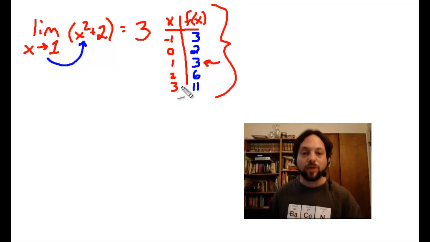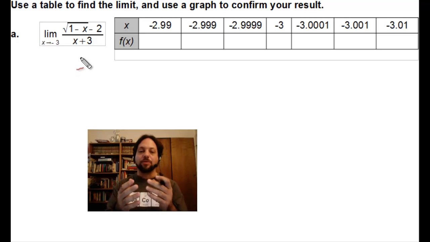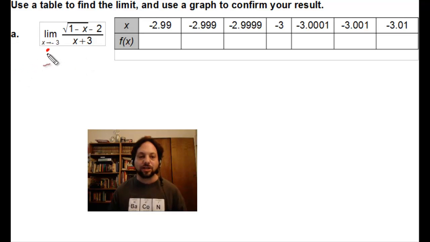That being said, why don't we go ahead and take a look at our first example, which will involve doing a table of values. In our first example, we have what I consider to be a pretty nasty function to work with here. It does have a square root in the numerator and all this stuff going on. But regardless of that, we have a table. We want to find the limit of the function. In other words, we want to find the y value that this function approaches as x gets closer and closer